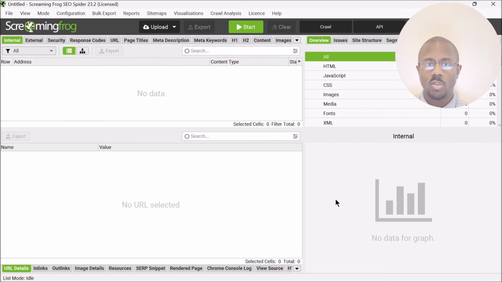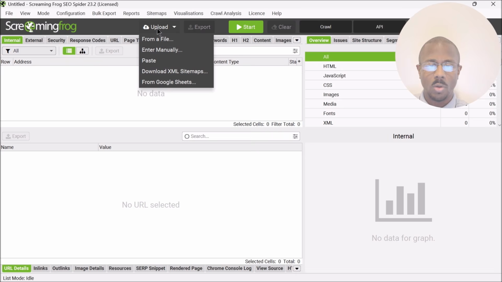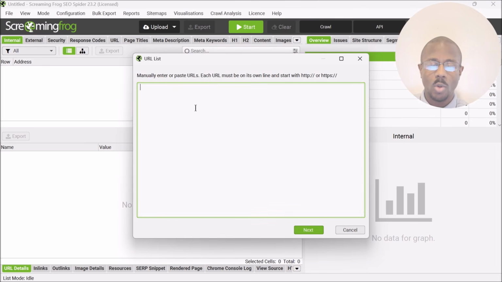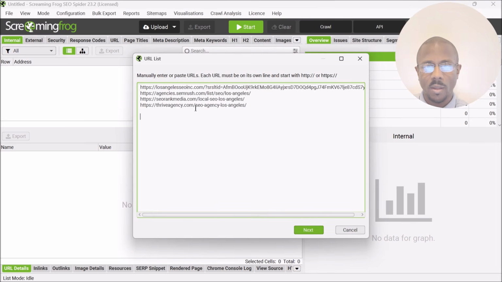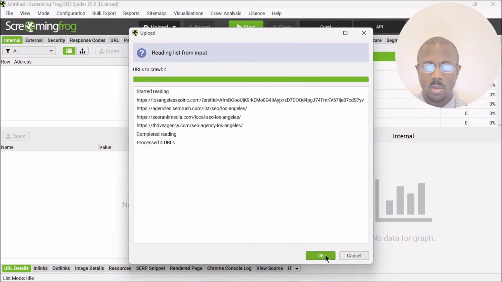All right, guys, I'm here in Screaming Frog, and you have to do a little bit of setup before you get to this point. But I go to Mode and I go to List Mode, and then I want to upload the particular URLs that are competing against the URL, the web page that I want to have ranked, that I want to have show up for my money terms in the searches, right? So you see some different competitor URLs, and you see the URL for SEO Rank Media, right? So what I'll do is go ahead and crawl,